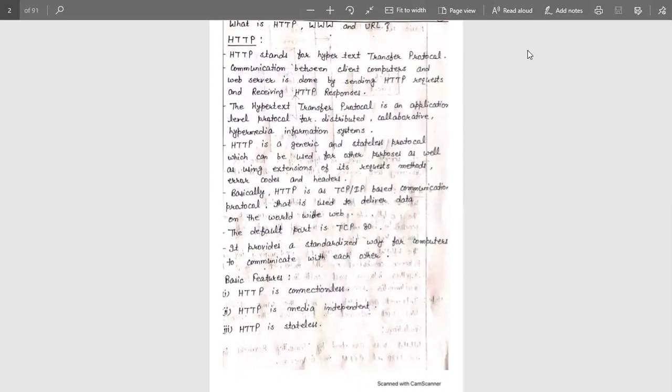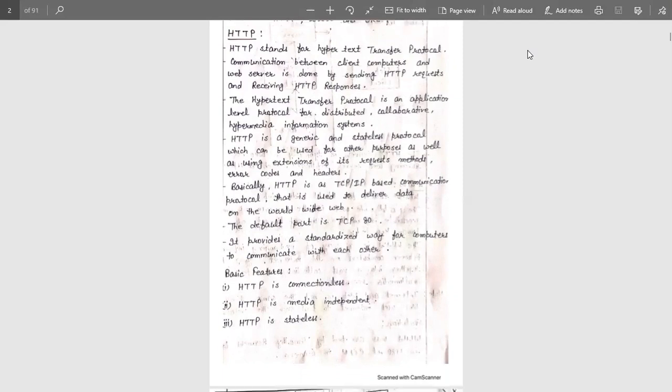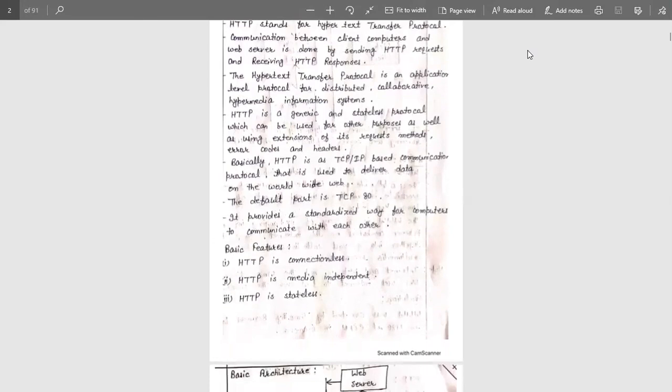Basically, HTTP is a TCP/IP based communication protocol. The TCP/IP based protocol I covered in my previous video. You can go through that part. It is used to deliver data on the World Wide Web. The default port is TCP 80. It provides a standardized way for computers to communicate with each other.